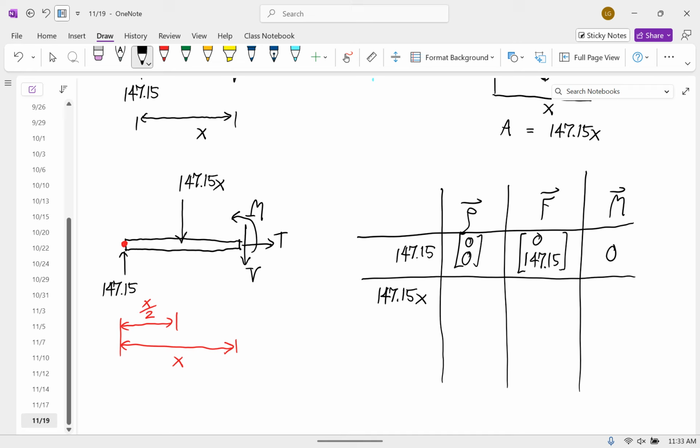The row vector is x over 2, and then 0 for y. The force is 0, negative 147.15x. And so the cross product is